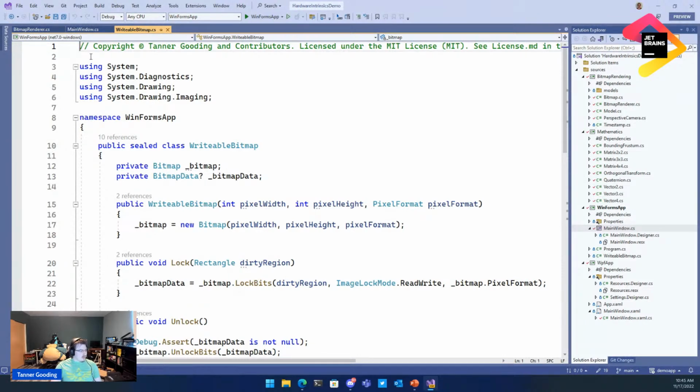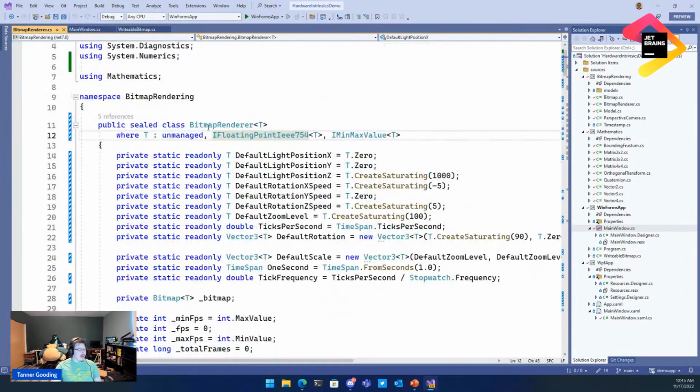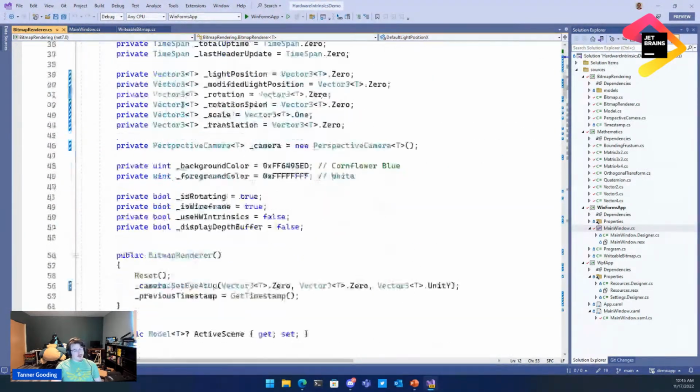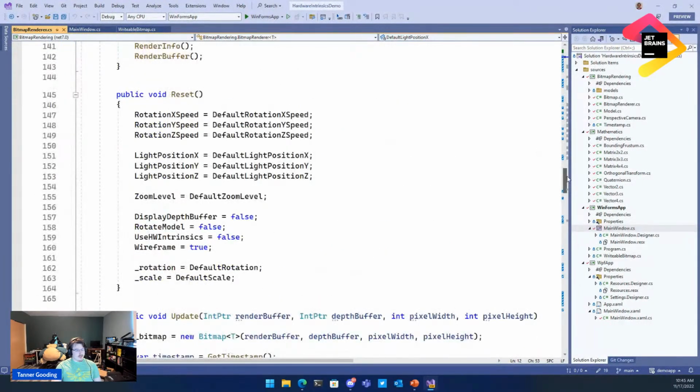So as a practical example, we can create this fancy bitmap renderer class, which is BitmapRenderer of T, and we constrain it to be a struct with no reference types and a floating point type. And so we are able to generically write this one algorithm or this one type that now supports any floating